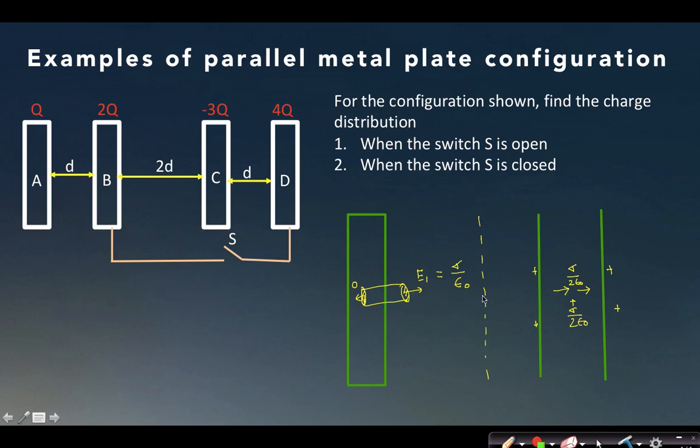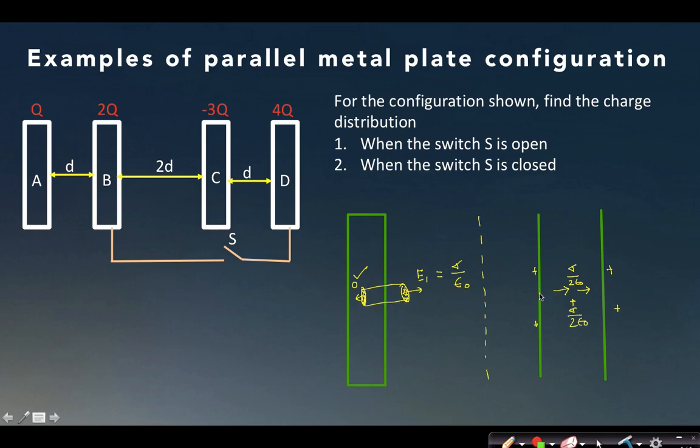So the question can be answered in this way: in the first case, when I am taking the electric field inside the metal as 0, I actually know that this electric field must be 0. So if I know the electric field on one surface, I can find the electric field on the other surface directly, without using the superposition principle, by only using Gauss law.